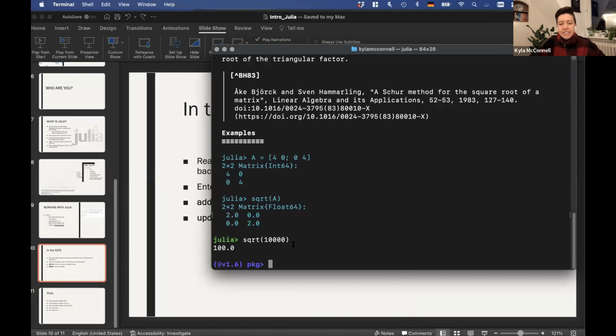And why we have a package manager is because the Julia language has certain core components that are always involved. So if you just load Julia, you get basic abilities like taking square roots or doing basic math. But the real wealth and diversity of Julia comes when you install different packages. Packages can be developed by anyone in the community.